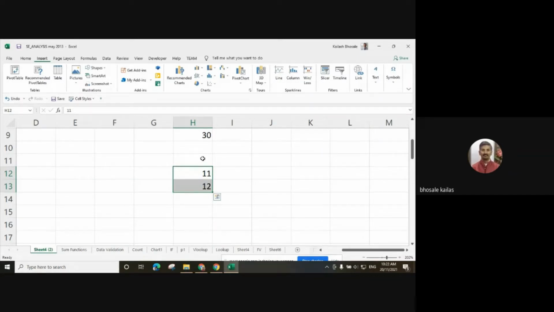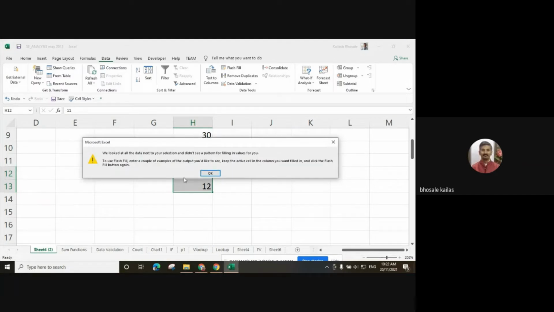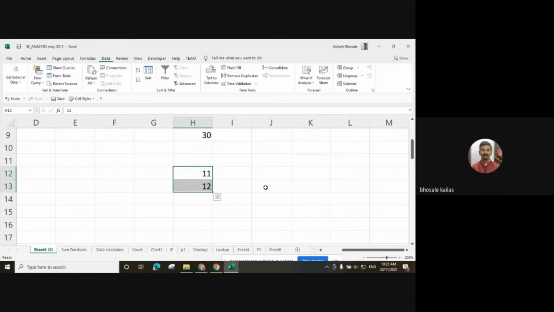I want to fill the data. This fill command is available in the data tab, along with flash fill. Or just drag it down to the number 20.